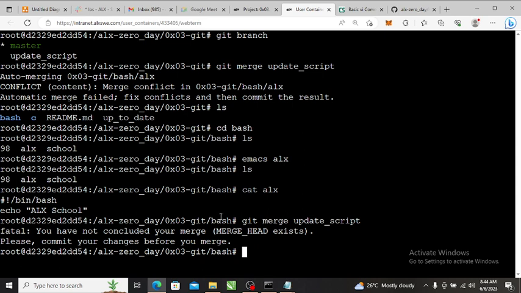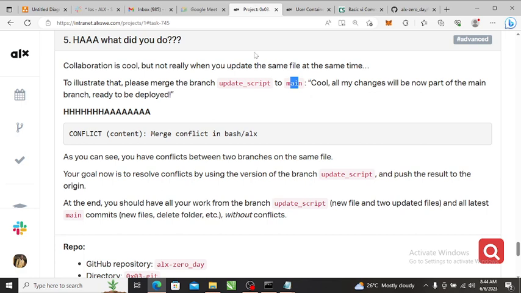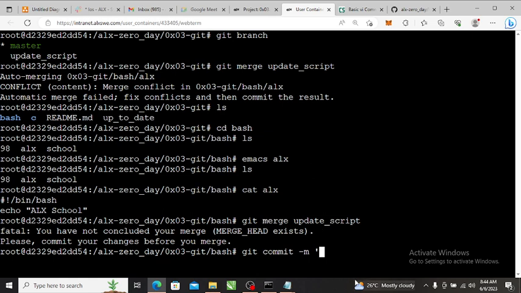So we just do git commit now. Git commit. Okay, git commit. Our commit message should be, they give us a commit message. At the end, you should have your new files and details. Okay, they didn't give us a commit message, so let's just commit it ourselves and say